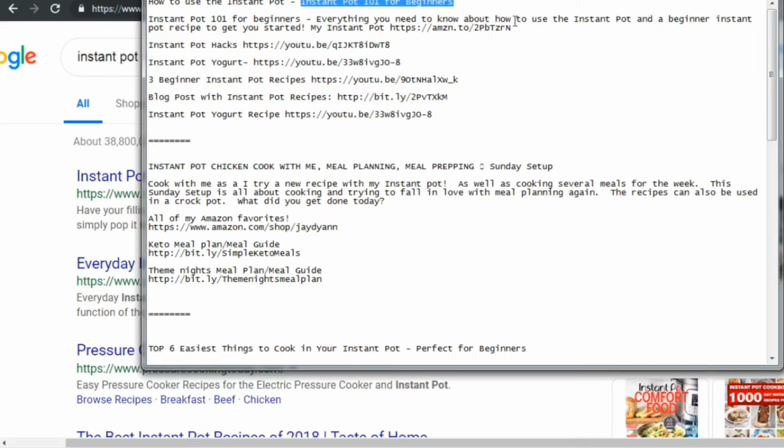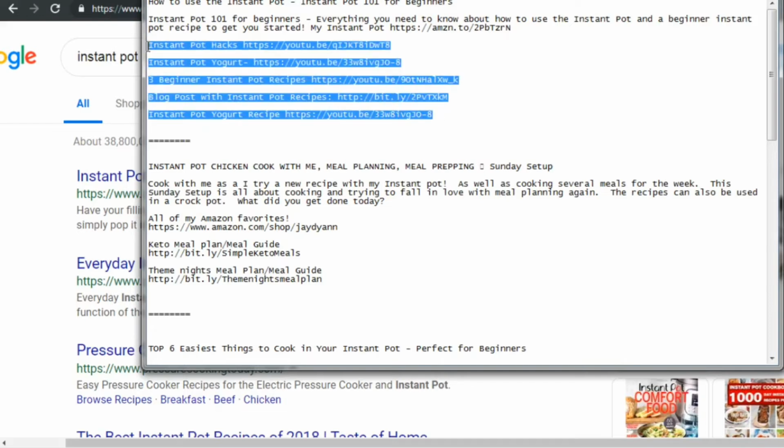recipe. So notice that they use the keyword beginner Instant Pot twice. And then, of course, they got Instant Pot hacks, Instant Pot yogurt. And what they're essentially doing here is they're linking to other related videos. Now, Google's smart enough and YouTube's smart enough to have an algorithm to read the description and think, okay, they've got other videos that they've created that are related to Instant Pot. This video must be good, or this channel must have a lot of relevant information. So we're going to rank it a little bit higher because it's going to give people what they want to